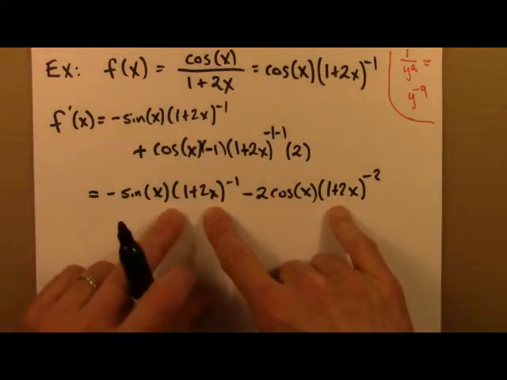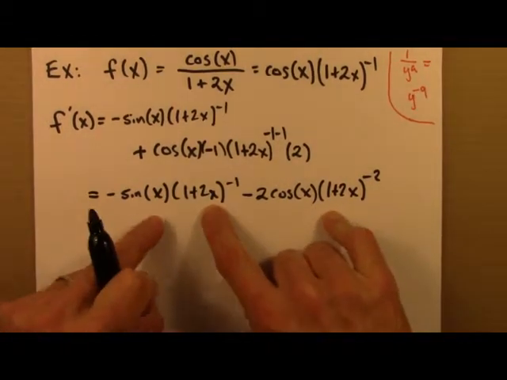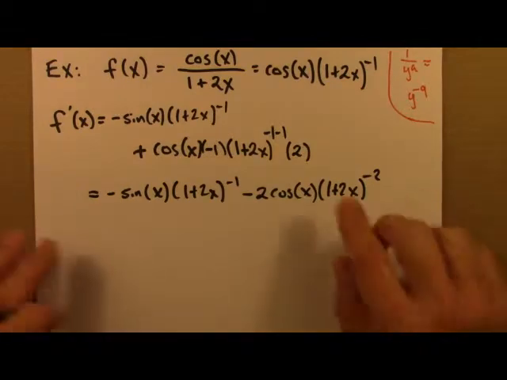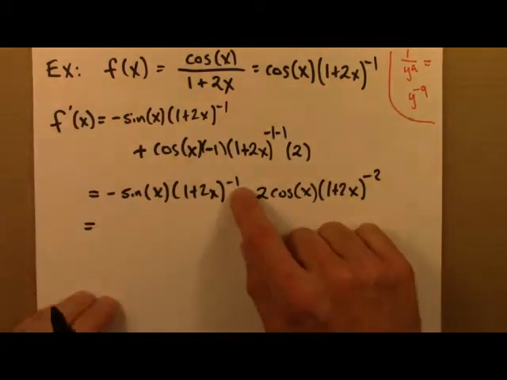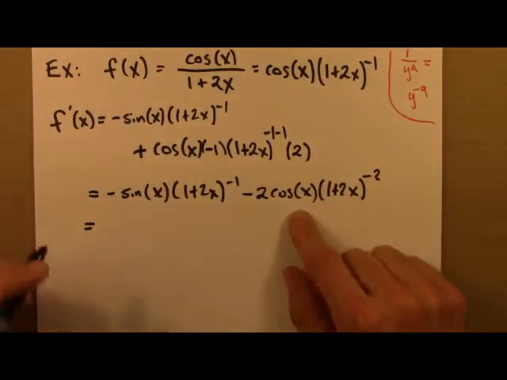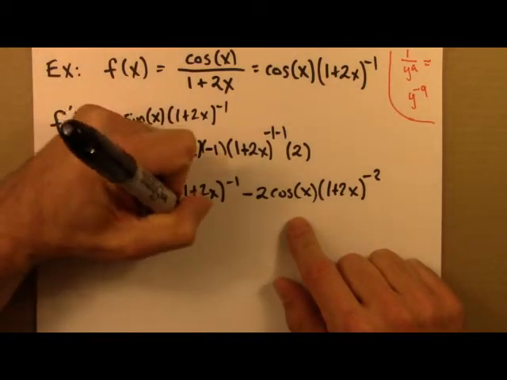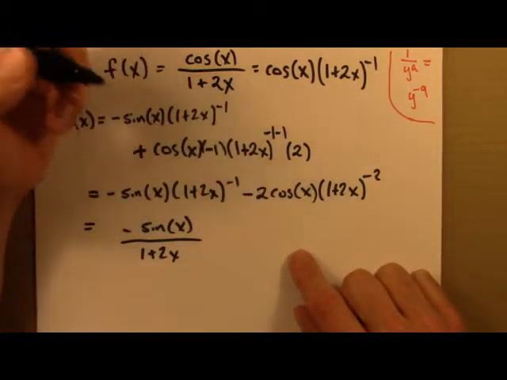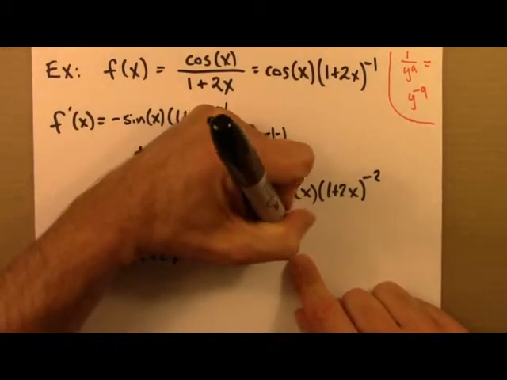Now you can simplify this further if you want. There's no need to do that. So for the homework, you can get here, or really even here, and you're done. You've found the derivative. But let me just do one more step. I can take these negative exponents and put them back downstairs. Minus sine x over 1 plus 2x, minus 2 cosine x